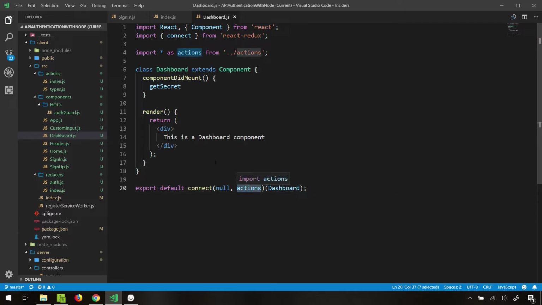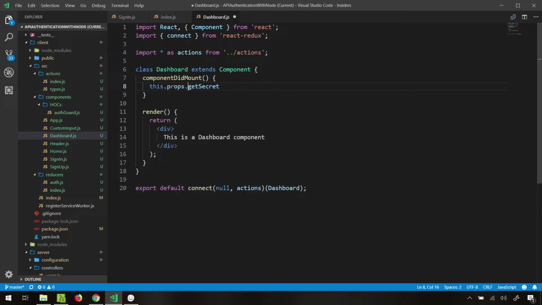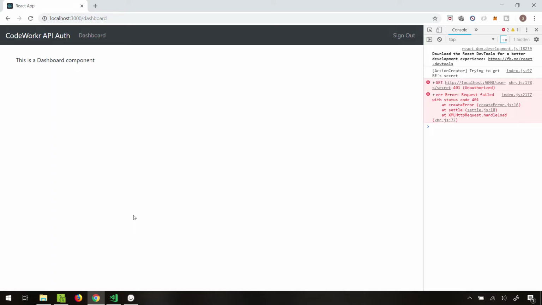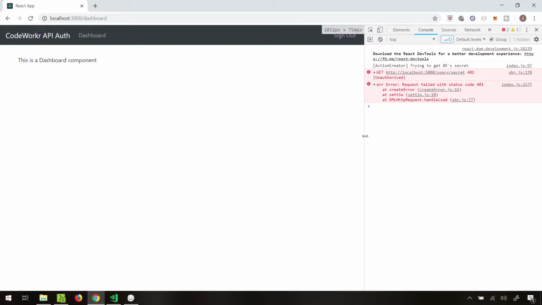So now we have these actions in our this.props. So I'm going to say this.props.getSecret. Now getSecret is async function, so I'm going to say async component did mount, and let's simply see what's going to happen now. So if I open this and I refresh this, okay, you see that it actually tried